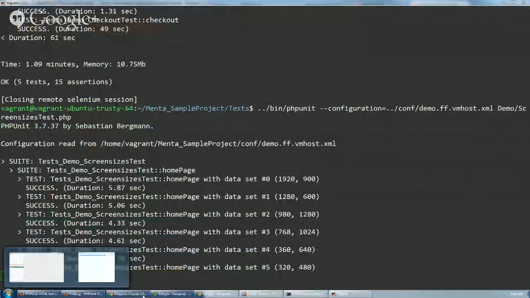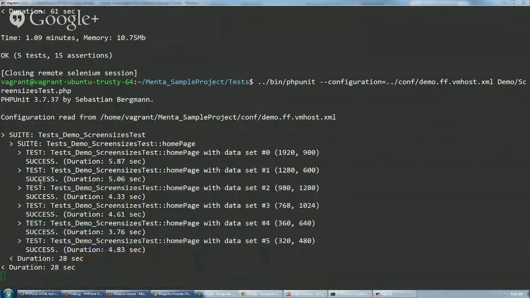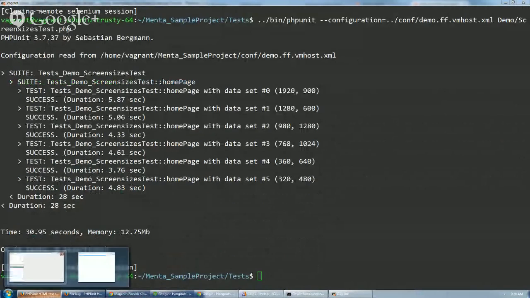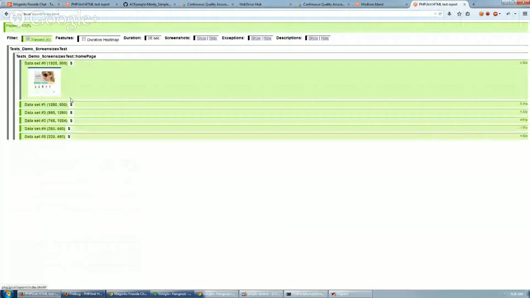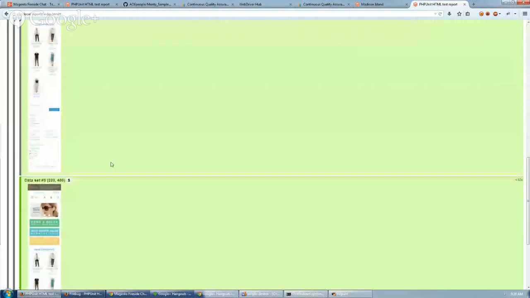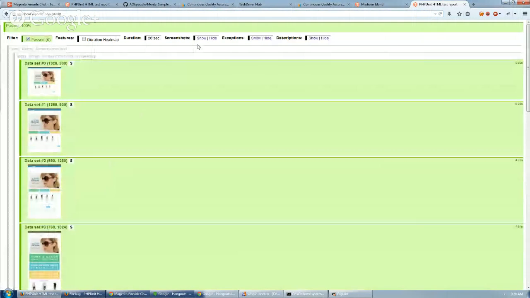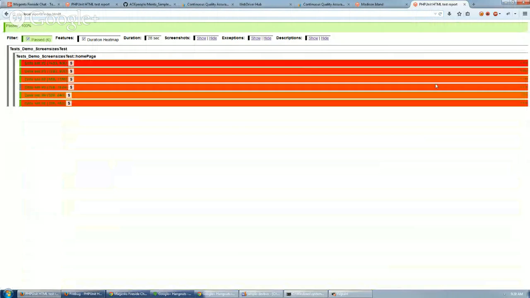There are no assertions here in those test cases, so we're not checking anything. So these tests will never fail. But of course you can easily add some tests here. Let's look at the first report, and we can actually see the different screenshots here, different sizes. One nice thing about this report is there's this duration heat map, which tells you which